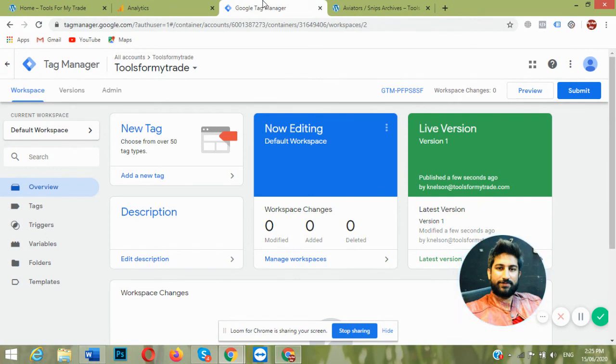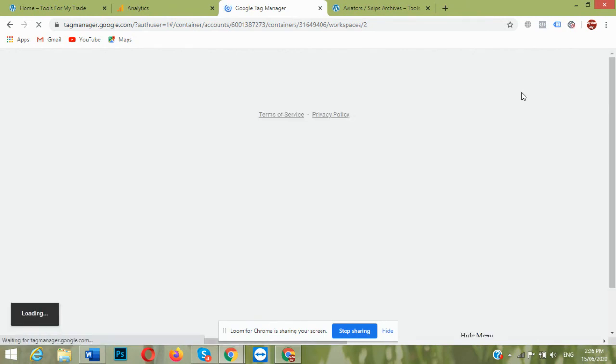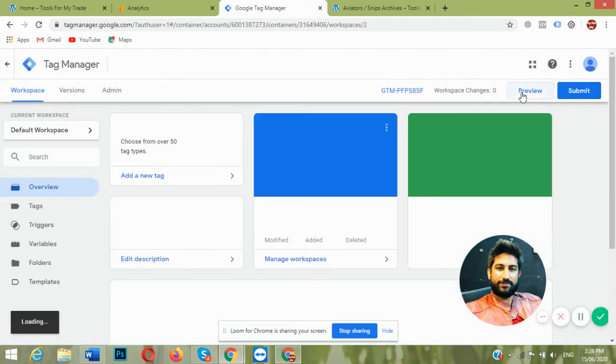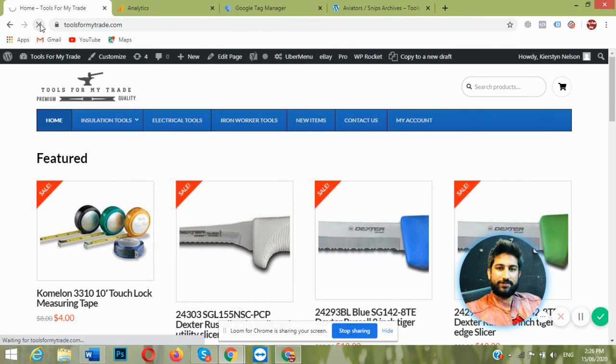If we want to check whether Google Tag Manager tags are firing correctly, for that we need to click this preview mode. Now reload the WordPress website.